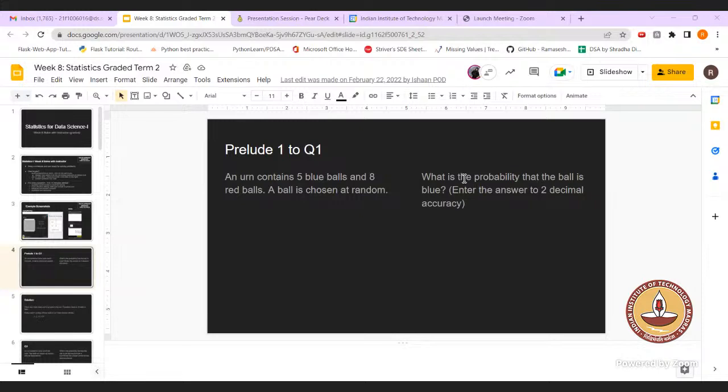5C1 by... so there are 5 balls in the urn which are blue, and in total there are 13 balls. The probability we have been asked is for the blue ball, right? And we are choosing one ball, correct? So you all are saying it would be 5C1 divided by 8C1. No, sir, 13C1. Sorry, 13C1, correct. All agreed with the same? Yes, sir. Sir, we also got 5 by 13. It will be the same, right? 5C1 is the same as 5.